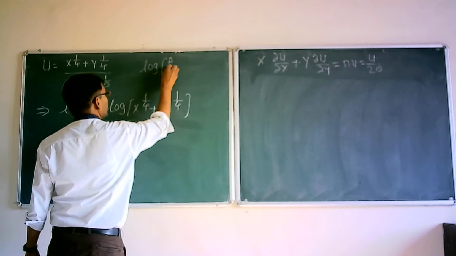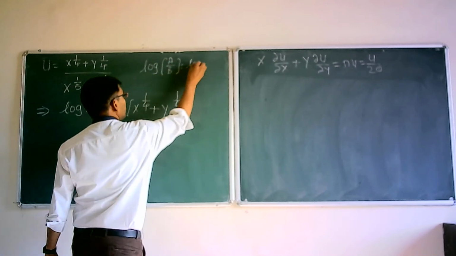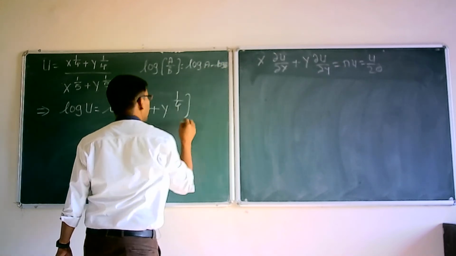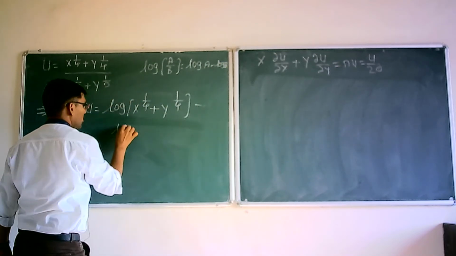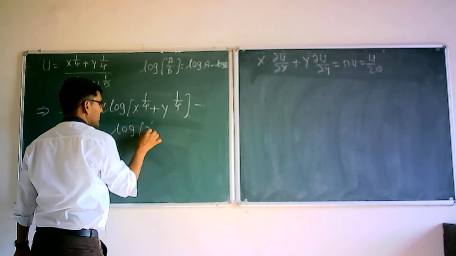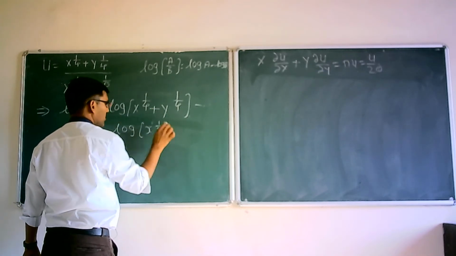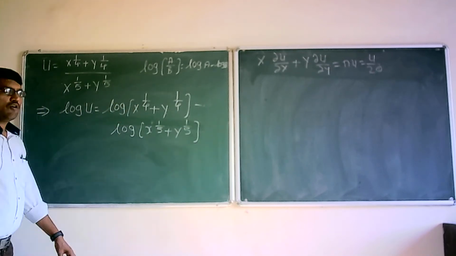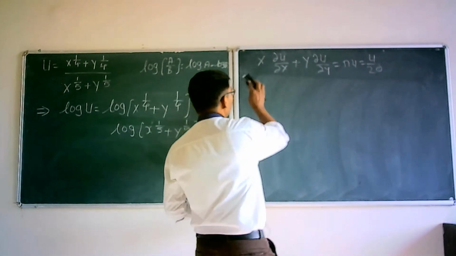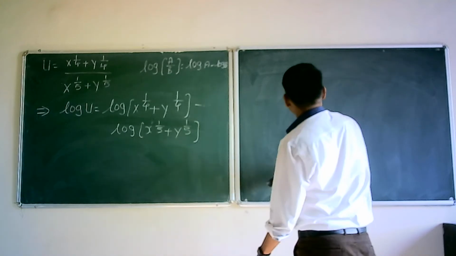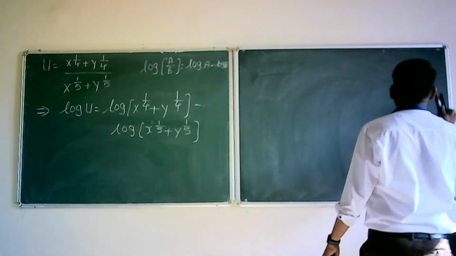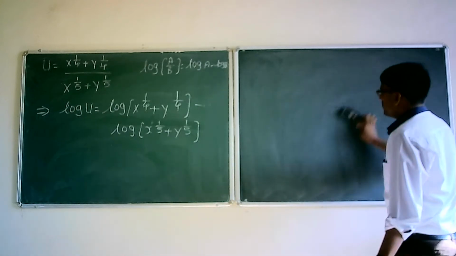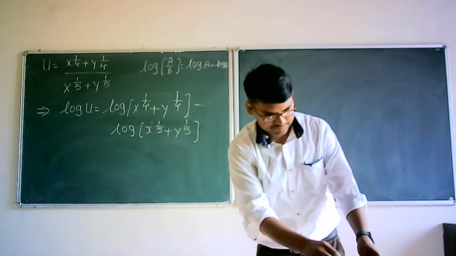A divided by b is equal to log of a minus log of b. So we are writing this as minus log of x raised to 1 by 5 plus y raised to 1 by 5. Now if you differentiate this function with respect to x, then it is equal to,